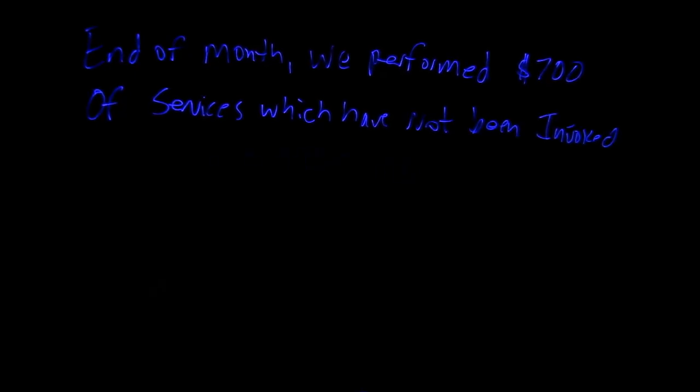So during the month, we performed $700 of services. We haven't invoiced it yet. But we performed $700 of services, so we earn the revenue. So since we earn this $700, we have to get it on the books. So to accrue revenue, we'll debit accounts receivable and credit revenue